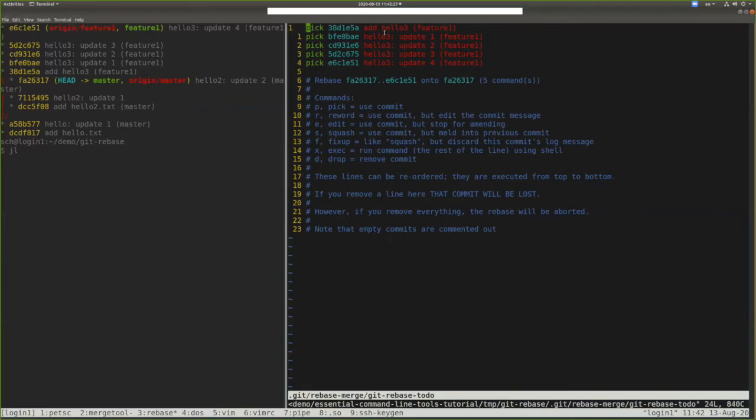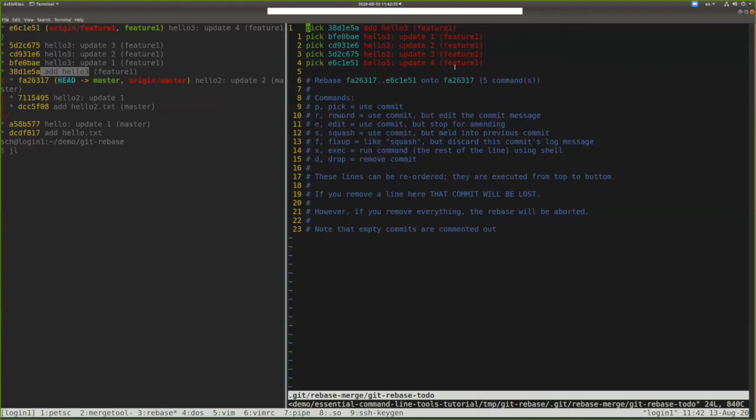The one on the top, it's kind of backwards. On the left, the closer to the bottom, the older the commits, right? Newer one on the top. On this one, the one on the top is the oldest, right? It's add hello 3, the oldest commit here. What we want to do is collapse all of these into the oldest one to become a single